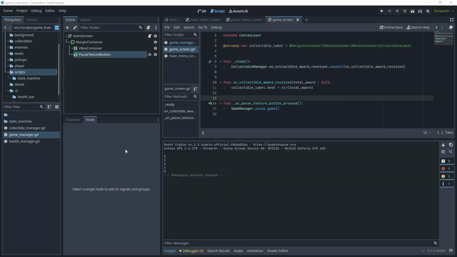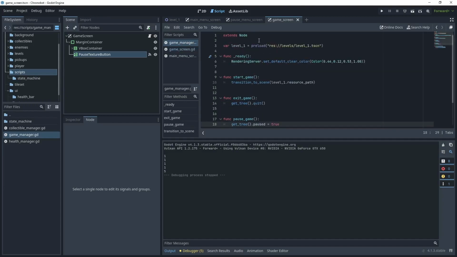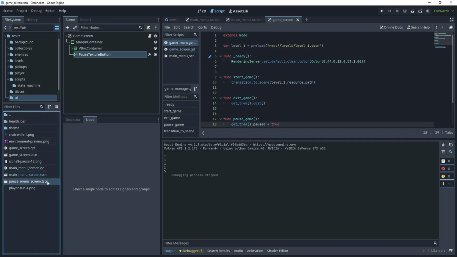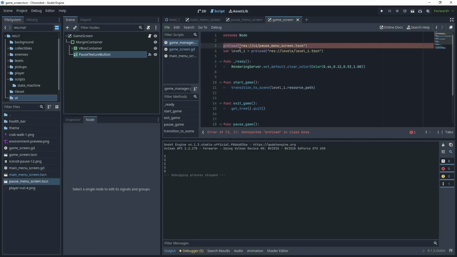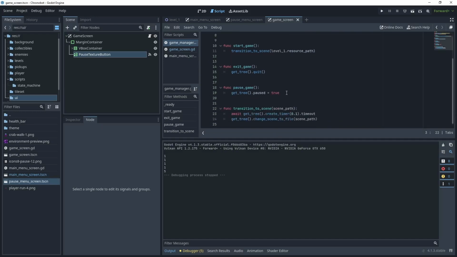Let's stop that. So from the test, we could see that our pause button was working. However, there was no way to unpause the game. So what we should do is press pause and launch the pause screen. But at least in the background, we know that the game has actually paused. So let's go back to Game Manager. And what we need to do is to preload our pause screen. So we'll go back to the UI folder and let's just drag that in, hold the control key down and preload that scene. We'll call it var pause menu screen